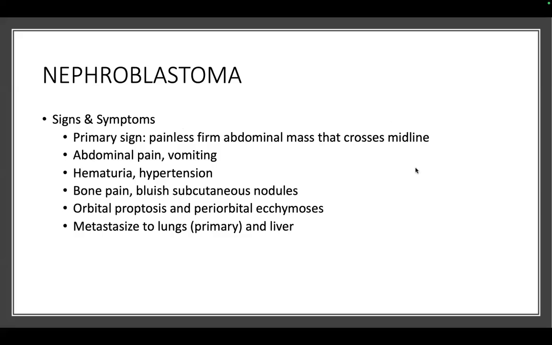Now, the signs and symptoms of a nephroblastoma. Primary sign, it's painless. Memorize the word painless. There's an abdominal mass that crosses the midline. Painless, and it crosses the midline. It has variable symptoms from vomiting to abdominal pain to hypertension as well as hematuria. Now, the bone pain is characteristic, as well as the presence of